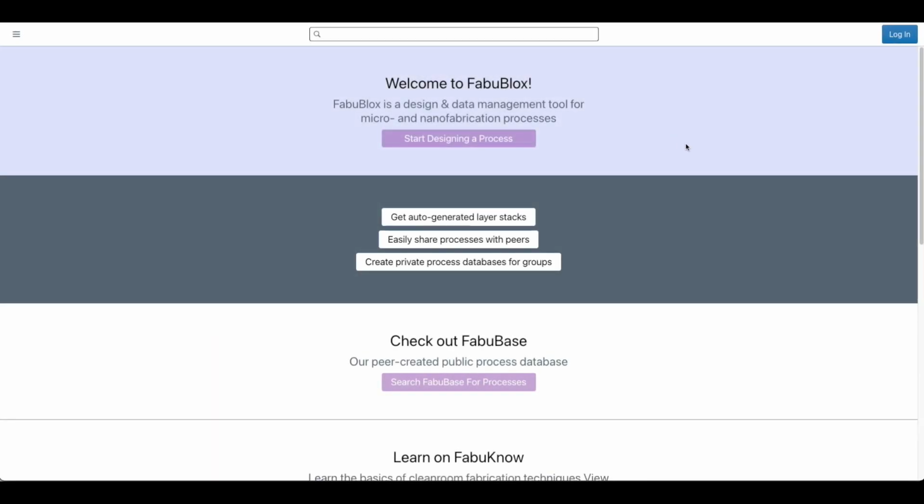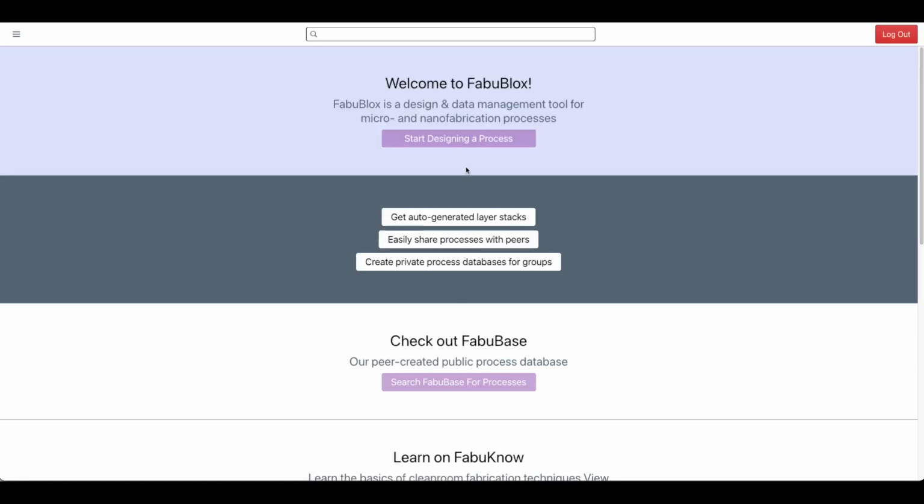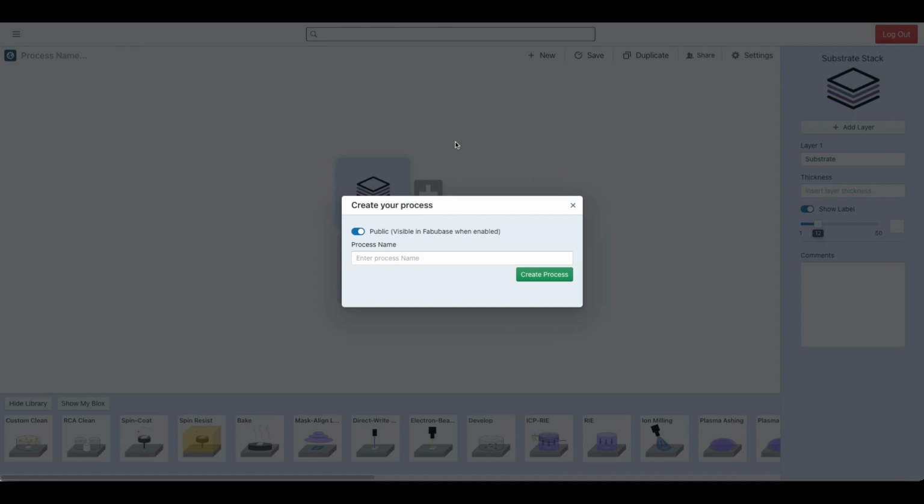From the Fabublox landing page, we can immediately log in or sign up using an email address. This is securely done through Auth0 and takes only seconds. We can then jump right in and start designing a process. When we create a new process, we can always decide whether we want it publicly visible or not. We'll leave that toggled off for now